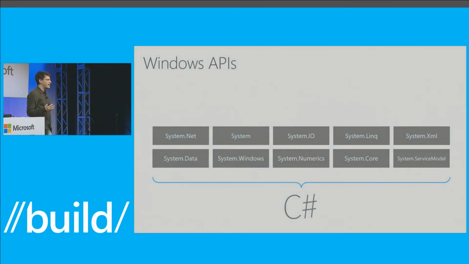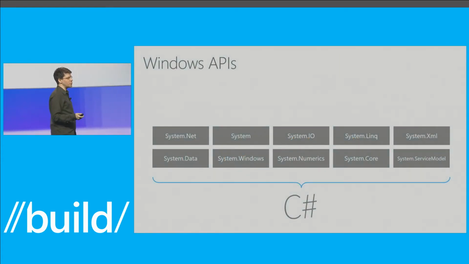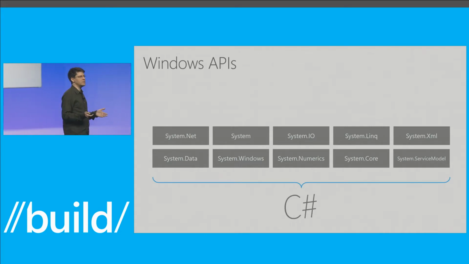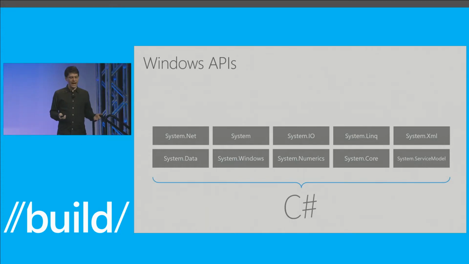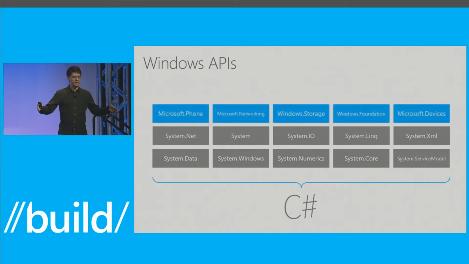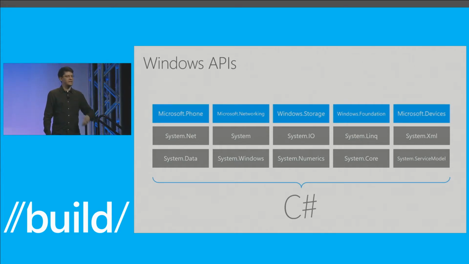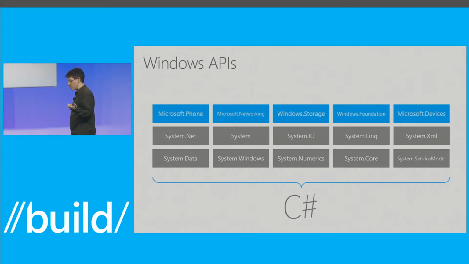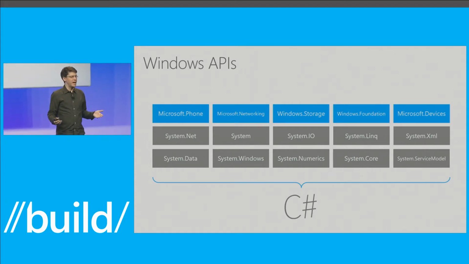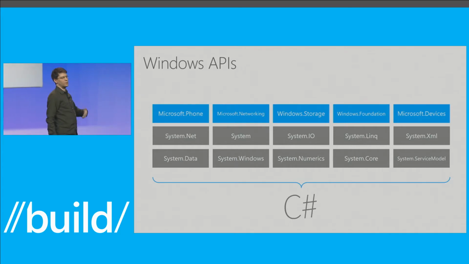Now, like I said, I wanted to share with you the model that we've used. If you have used Windows in the past, if you're targeting UWP or WPF, this is roughly what happens. You have a shared set of libraries, running in gray, things like networking, data access, I/O, and so on. And when you build a UI application for Windows, you use these other namespaces and libraries, things like Microsoft.Phone, Windows.Storage, and so on.